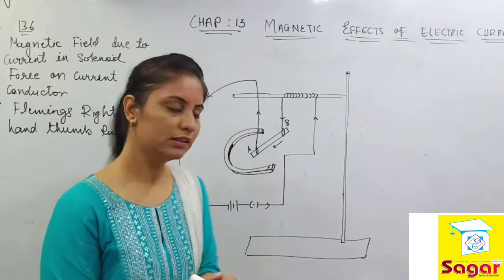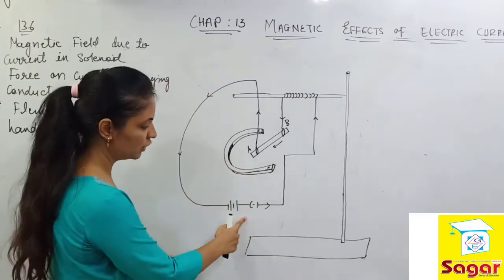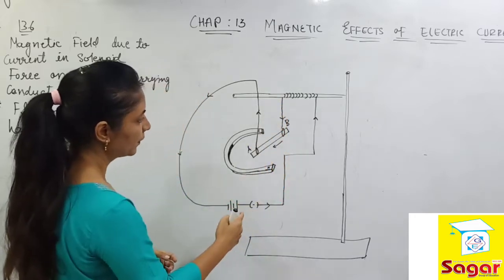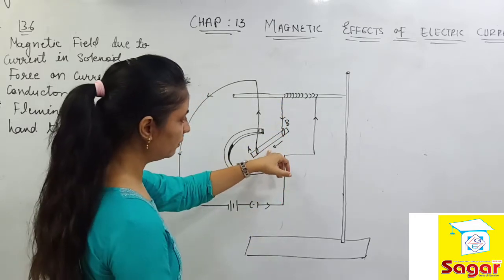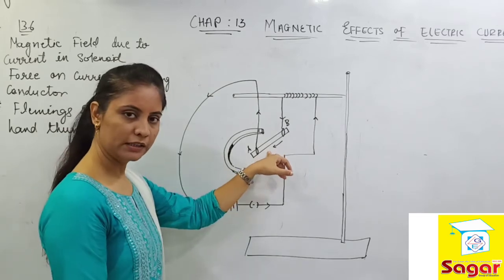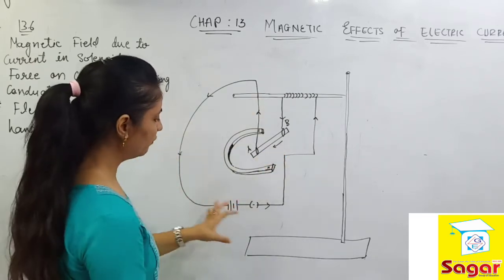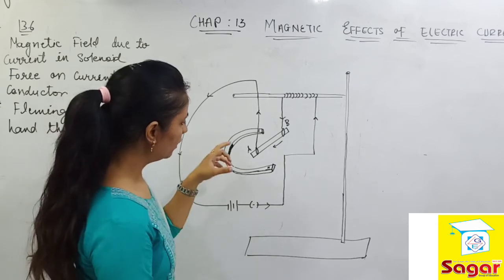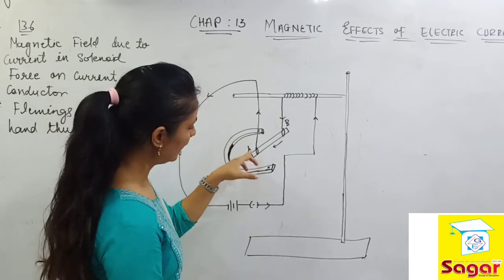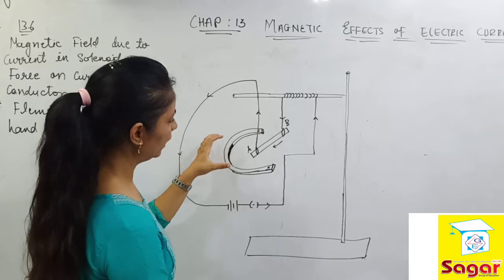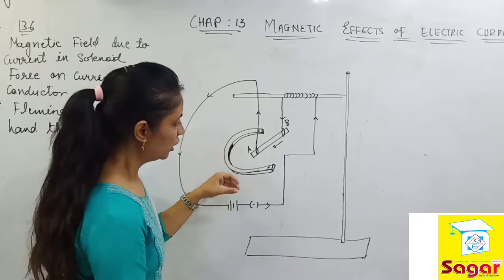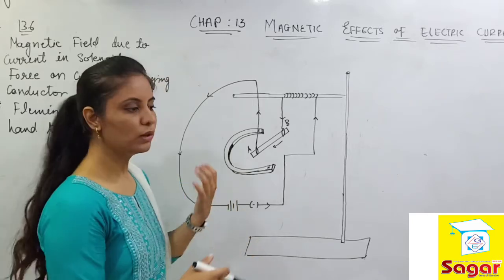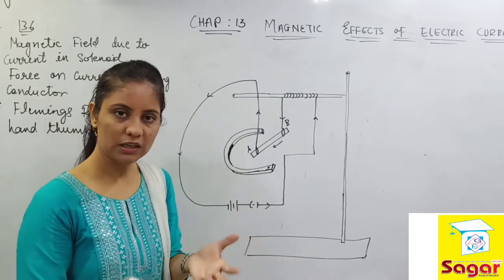So here, everyone, whenever we make this happen and electricity starts flowing through the wire, the aluminium rod is also able to conduct electricity, so current will continuously flow through it. But what happens here is that this part of the rod is in between the magnetic field generated by the magnet. So there must be a kind of force that the magnet applies onto the rod. That is the conclusion, everyone.